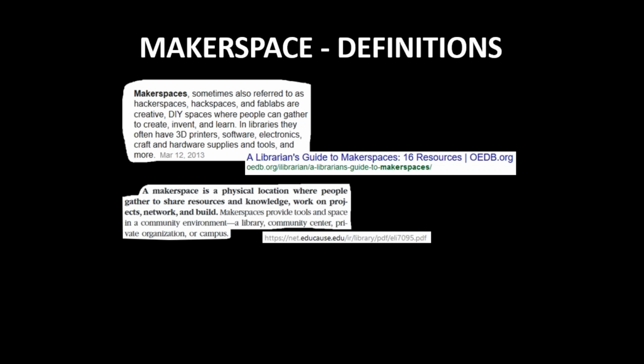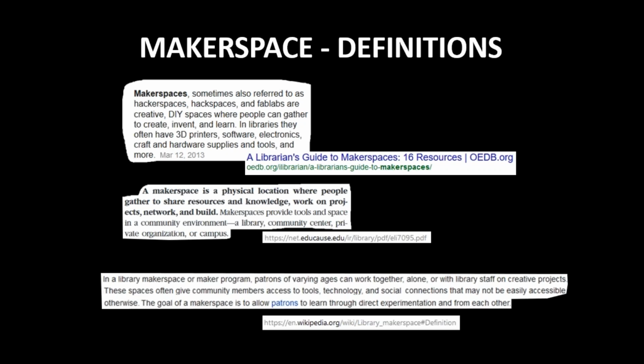A makerspace is a physical location where people gather to share resources and knowledge, work on projects, network, and build. They provide tools and space in a community environment, a library, community center, private organization, or campus. And from our favorite Wikipedia, in a library makerspace, patrons of varying ages can work together alone or with library